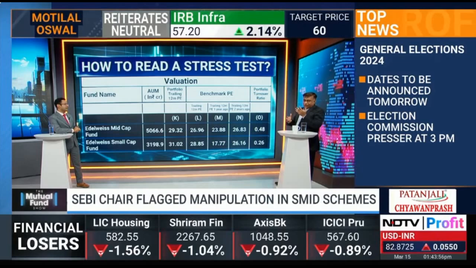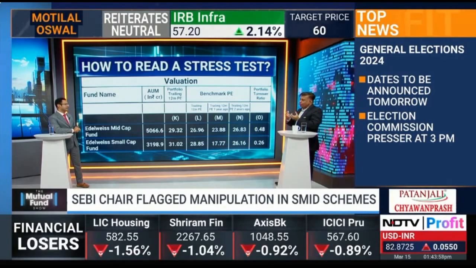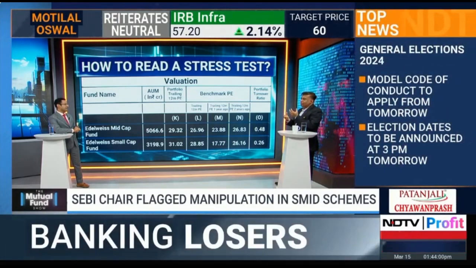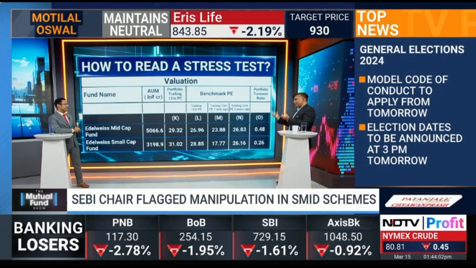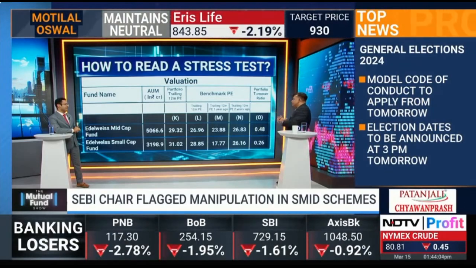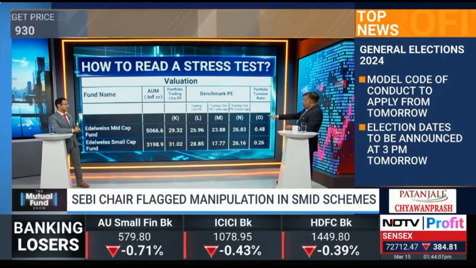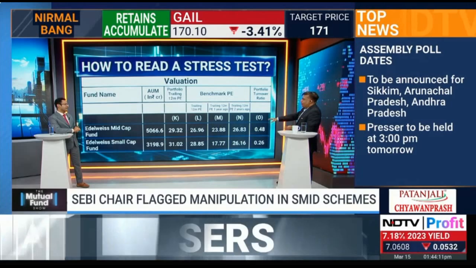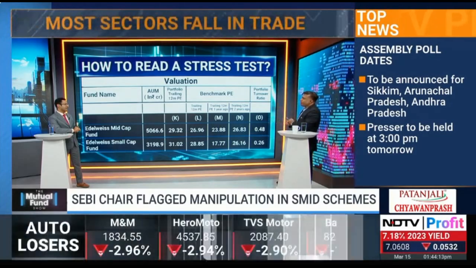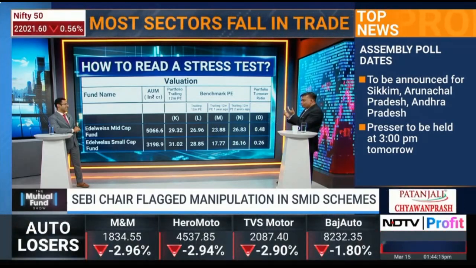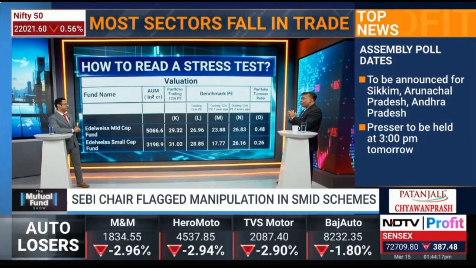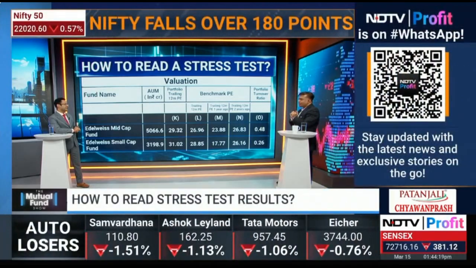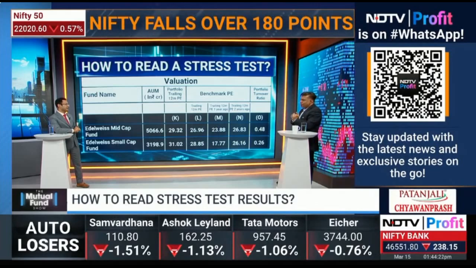So as an ultimate investor, what you are trying to do is balance between the two. You don't want a very conservative portfolio, you don't want a too aggressive portfolio. And that's where a balance is achieved when you have a portfolio PE, which is more in the mid-20s overall, that is in sync with the benchmark PE overall. So if your benchmark PE is similar to that of the portfolio PE, broadly, you are not taking more risk than the benchmark, but still you are able to deliver better returns.